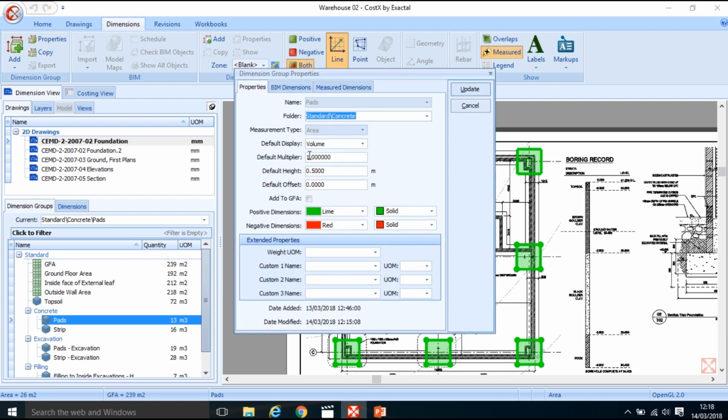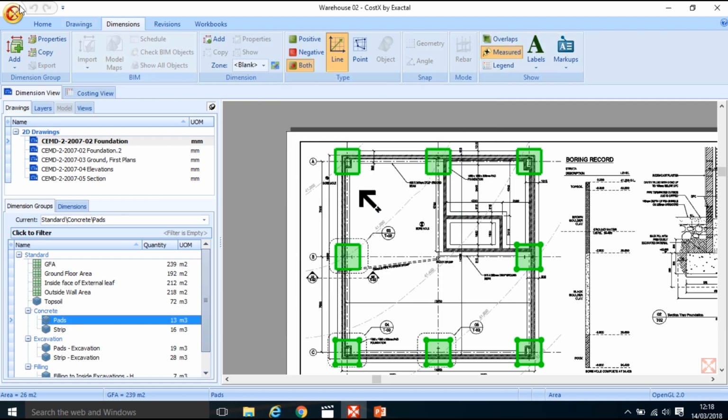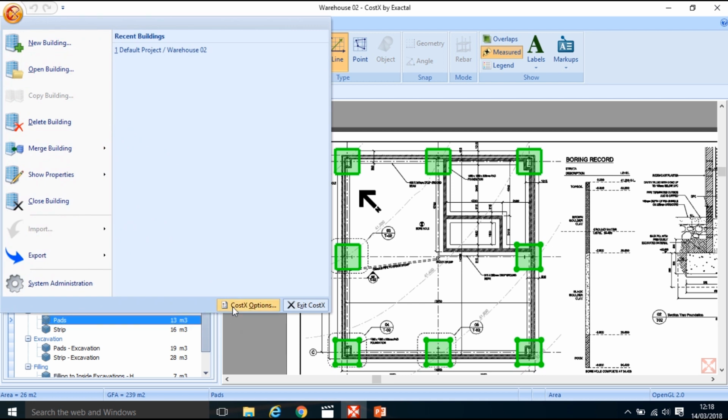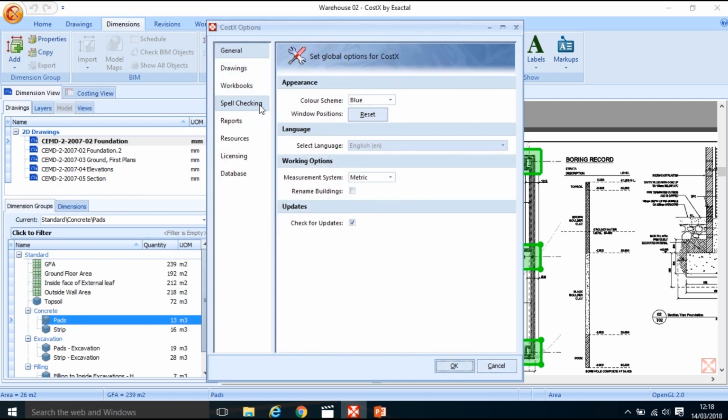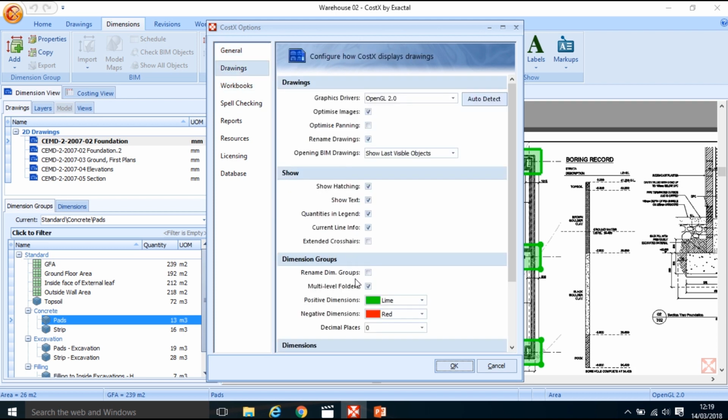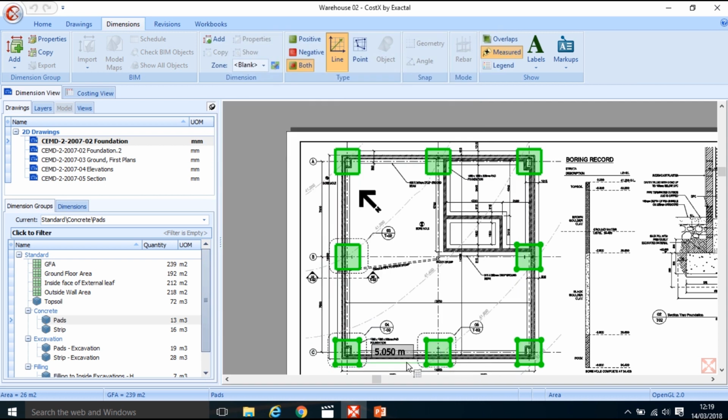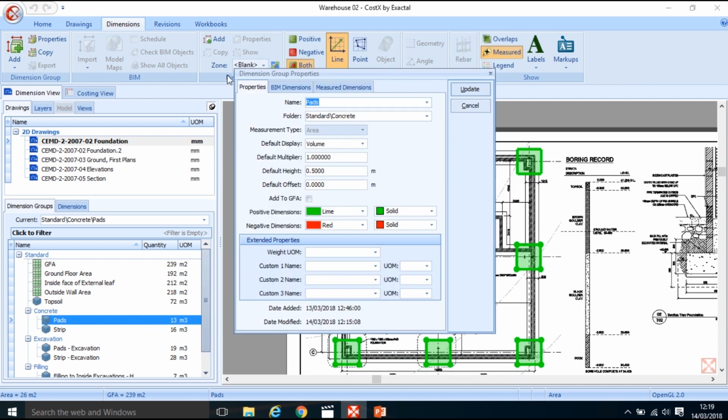So I'm going to double click. In fact, the name is grayed out here, so if you try and type something in there, you won't be able to. To do that, you click top left hand corner, Costex options, and I'm going to check drawings, and down here about halfway down or towards the end of this Costex options drawings tab, I'm going to click rename dimension groups. Click OK. So once I click on that dimension again, I can just type in